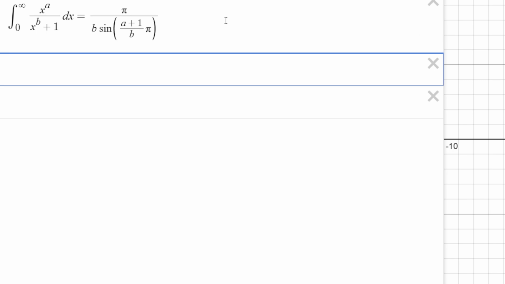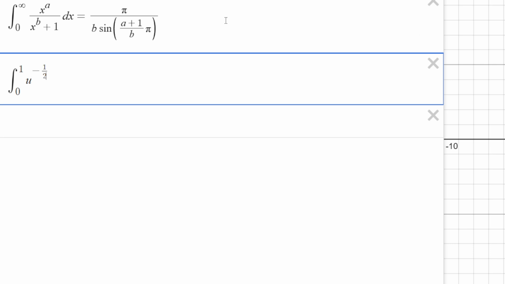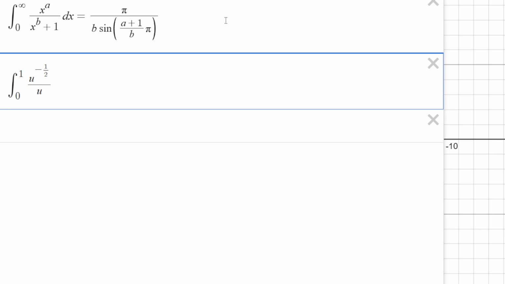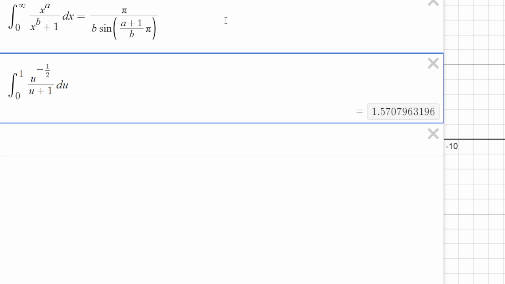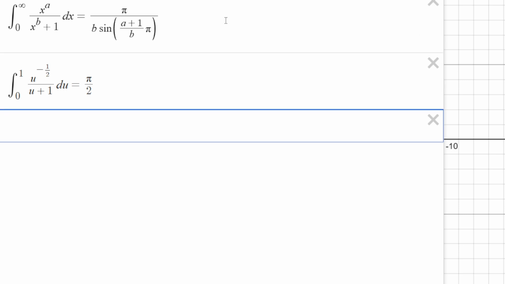So let's get started. The first thing we're going to do is introduce this integral, u to the negative 1/2 over u plus 1 du. And I'm not going to go through the process of solving that. That is equal to pi over 2. All right. Now our next step,